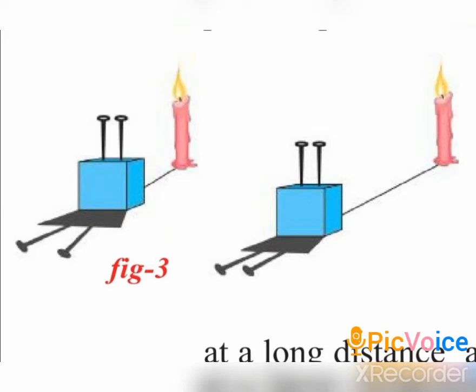But with respect to the second situation, when we place the candle a bit far, you can look at the shadow also, it is parallel. Because if the light source is far, generally the rays would be parallel. So from this experiment you can assume that as the sun is very far from earth, the rays of the sun will also be parallel on earth.